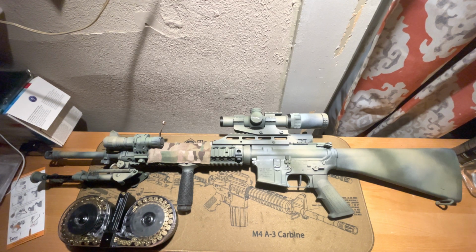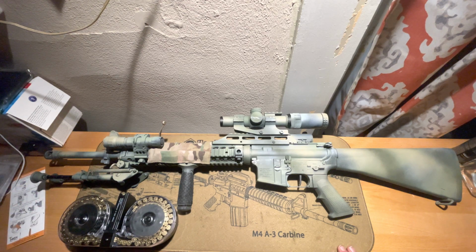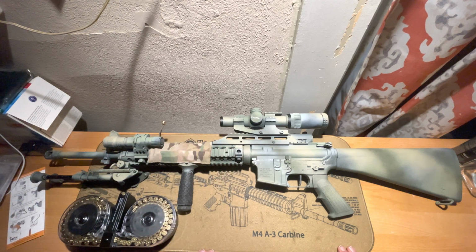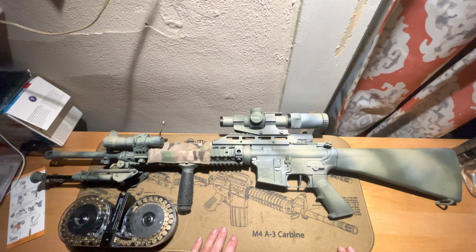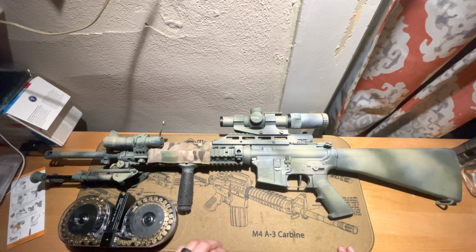I currently use it as an automatic rifle, I guess you could call it. The idea is, in case I need to lay down suppressive fire, I have this fun little toy. It has the heavier barrel. It does have the full 20-inch AR-15 barrel. The rail system is an actual Knight's Armament rail system that I had left over from when I was in the Army. Harris bipod legs,